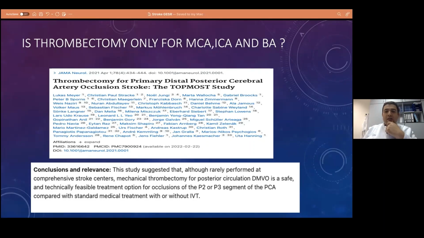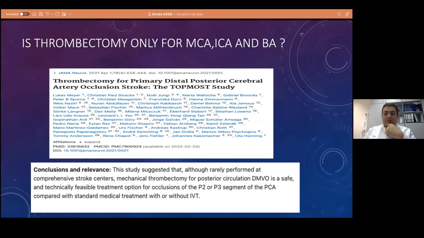I guess it was a multi-center study with 243 patients, and they did it for P2 and P3 segment. It's a rare thing. I know I performed it maybe 3 or 4 times from 100 thrombectomies if you are counting. So it's not that often in the daily routine,